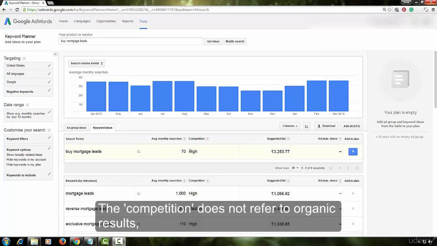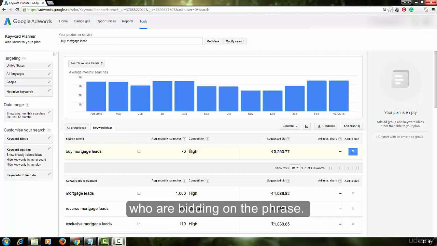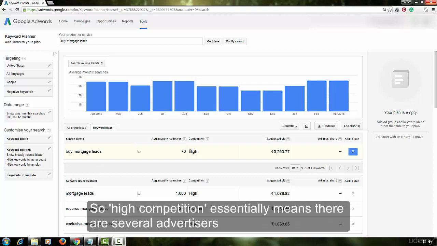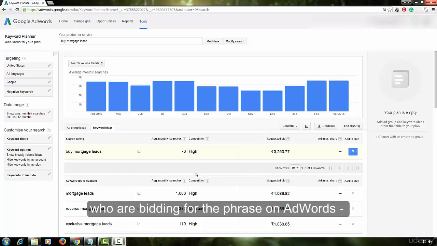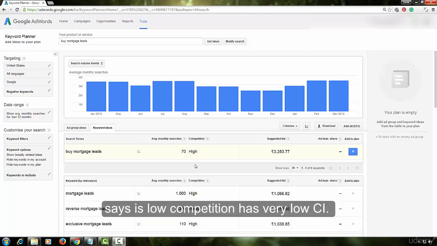The competition does not refer to organic results but to the number of Google AdWords advertisers who are bidding on the phrase. So, high competition essentially means there are several advertisers who are bidding for the phrase on AdWords, which does indicate commercial intent. As a general rule, any keyword that Google AdWords Keyword Planner says is low competition has